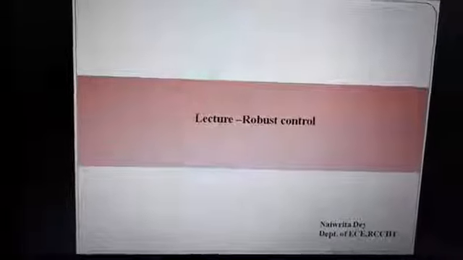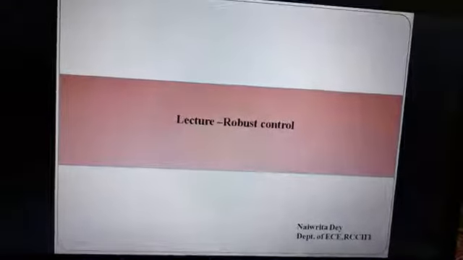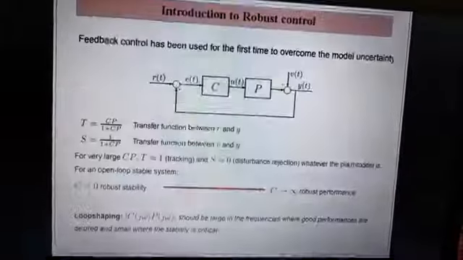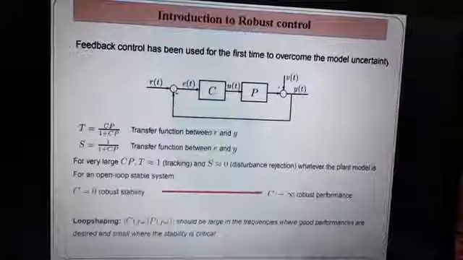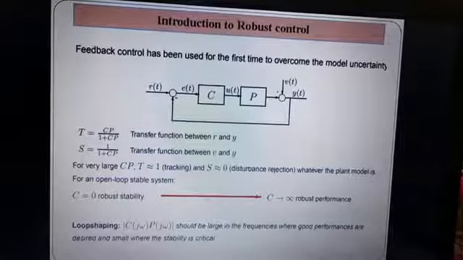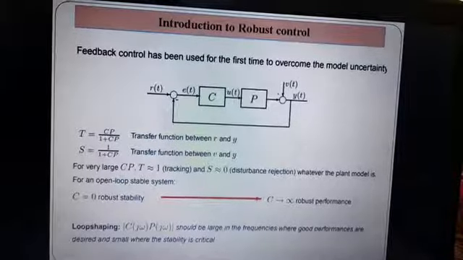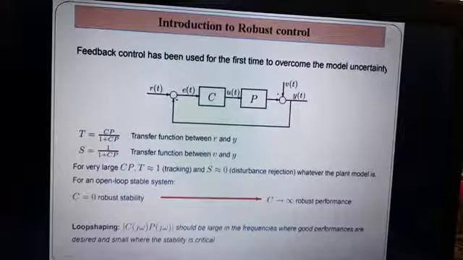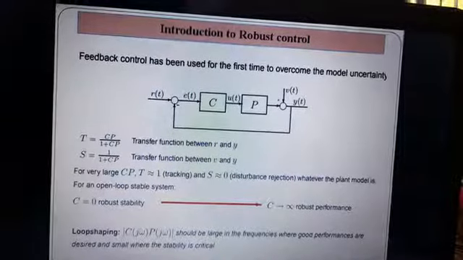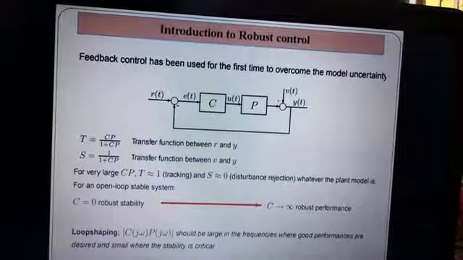Hello everyone. So today we will start with introduction to robust control. As a control engineer, whenever we are designing any closed loop feedback control system, sometimes we say the system has to be robust. Many a times we say the controller design has to be robust. Whenever we talk about the robustness property for any controller, we need to mention certain parameters, right?